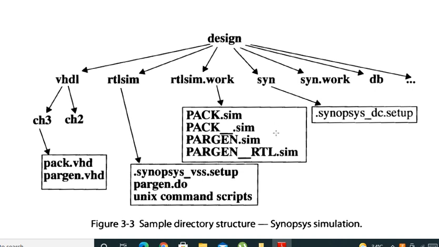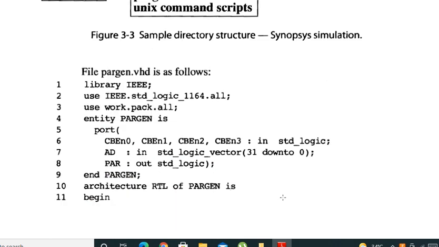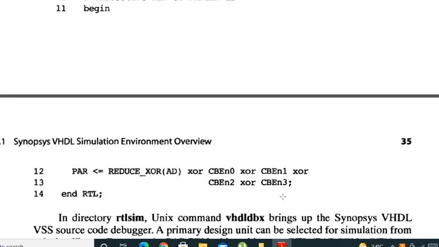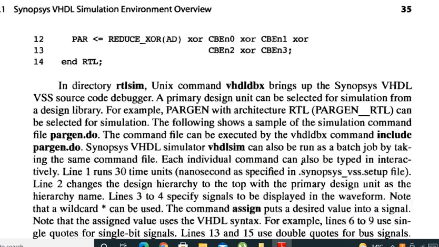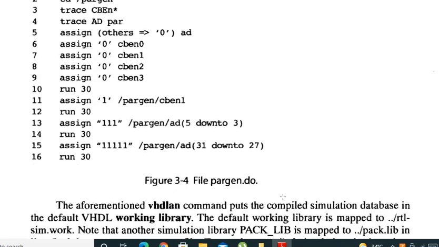So this is the directory structure in Synopsys simulation. This is the overview of how it is stored, and in the exam if you write this, it is enough.